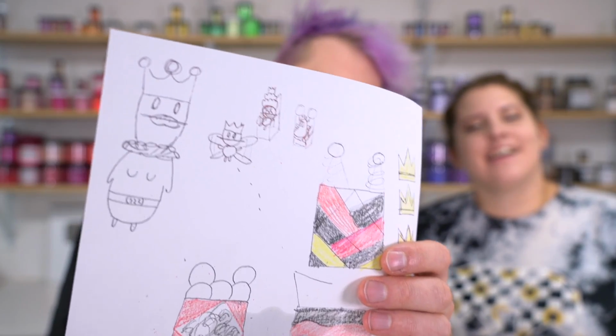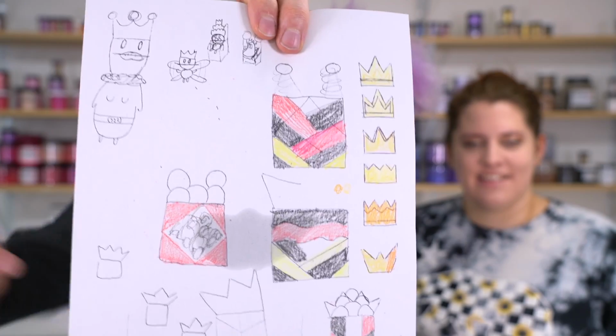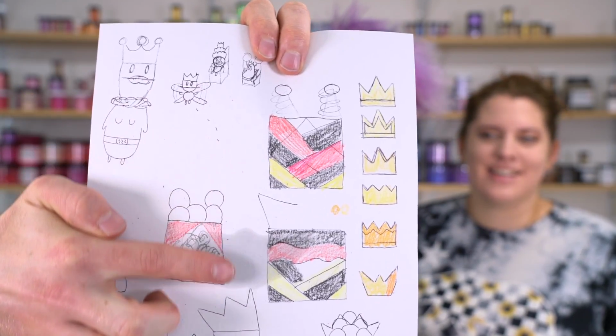I'll let you talk about your design first. You're used to designing things all the time, so my page is a mess of ideas. I mean, the first thing I did was draw the queen, just to try to get a concept down. And then I tried to work on some weird crissy-crossy designs, but I landed on...